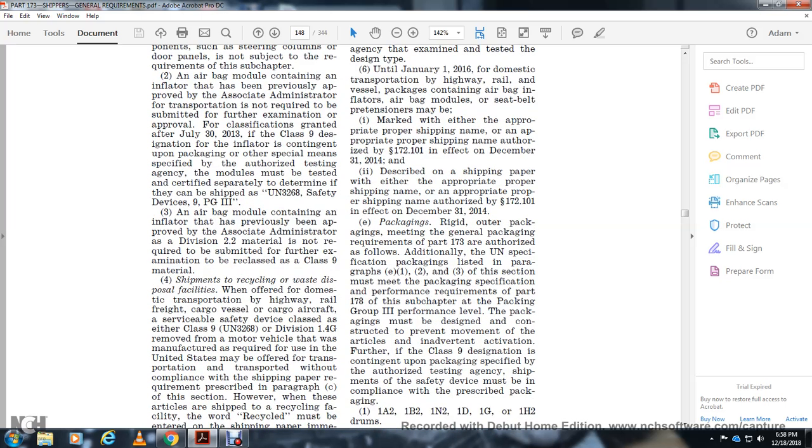Packaging: rigid outer packaging made with general packaging requirements, part 173, with the authorized file. Additionally, with the UN specification package listed in paragraph E1, E2, E3 of the section must meet with the packaging specification performance requirements, 178, with the subject of packaging group 3 with the performance level. The packaging must be designed, constructed to prevent the movement of the article inverted with the activation, further with Class 9 designation upon packaging specified with the